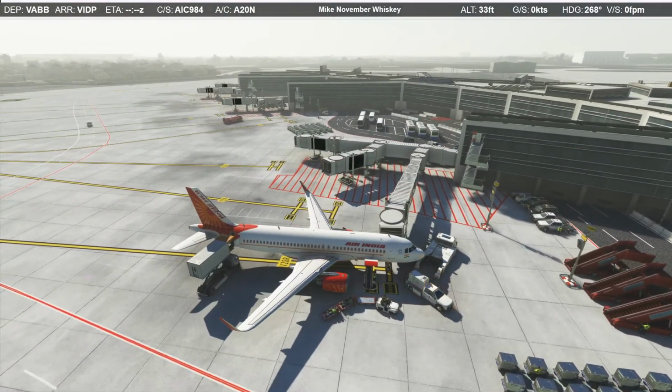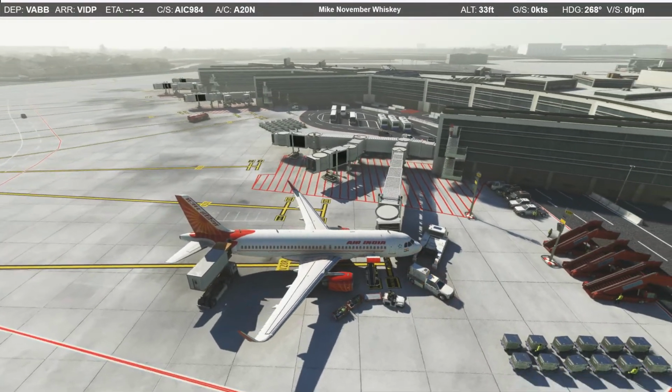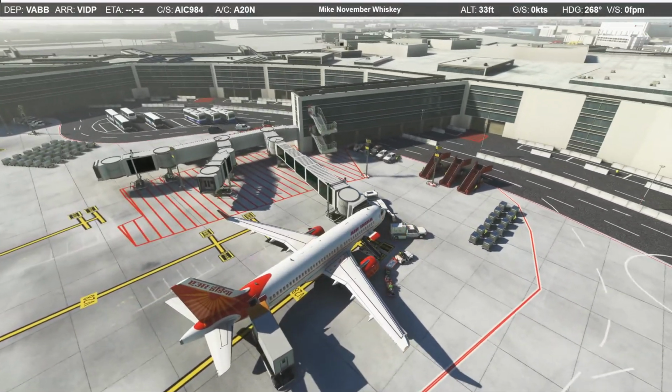Haven't looked at our operating flight plan tonight, so I'm not sure how long our taxi is, but hopefully we'll be able to get a good tour of the rest of this airport scenery on our way to our runway tonight.